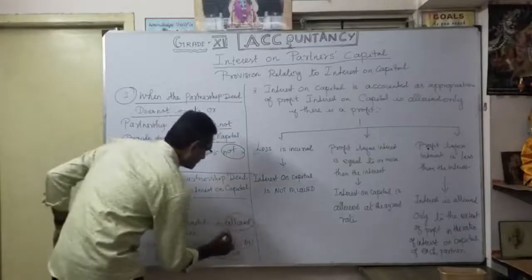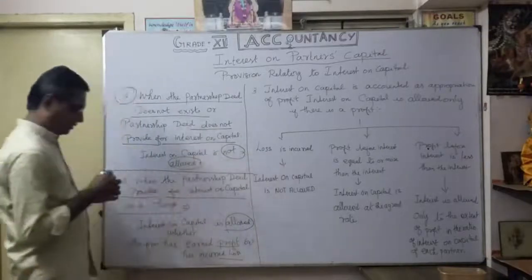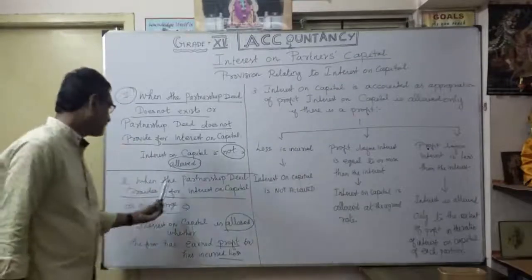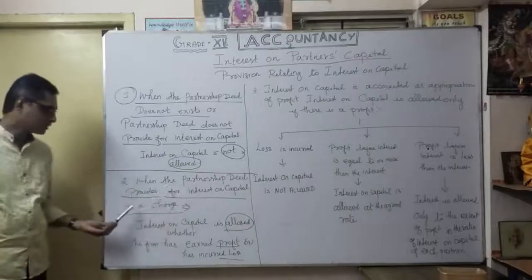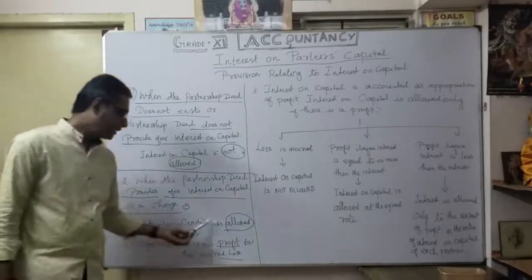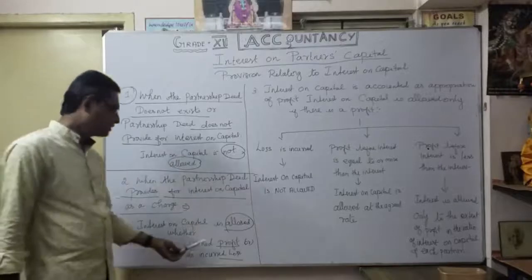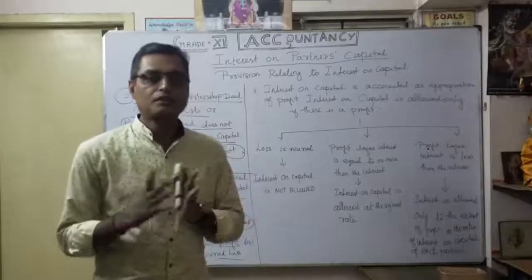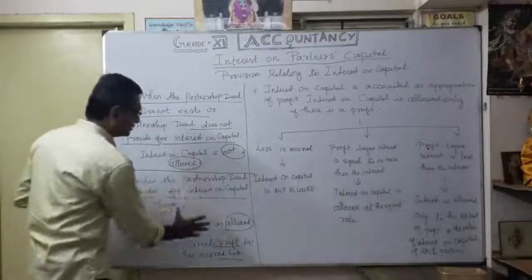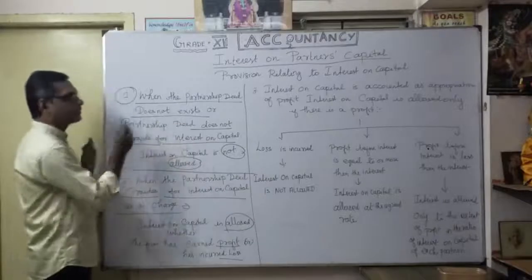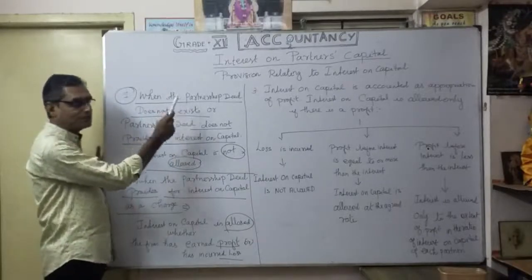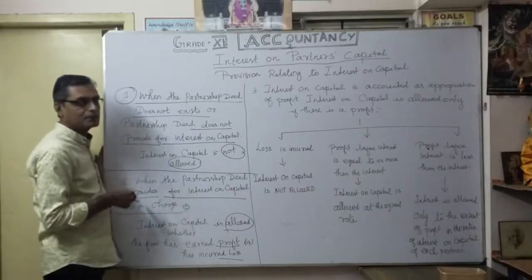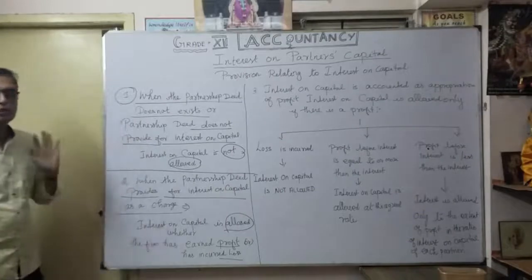Here allowed, there not allowed. They have specifically given the information in the partnership deed. That's the understanding here. The deed provides for interest on capital as a charge, so interest on capital is allowed, whether the firm has earned a profit or incurred a loss. Whether earning profit or loss, the firm has to charge interest on capital. That's our second situation, just the opposite of the first. There, no partnership deed, not mentioned clearly, so interest on capital not allowed. Here they clearly mention it in the partnership deed, so the firm is supposed to allow interest on capital.